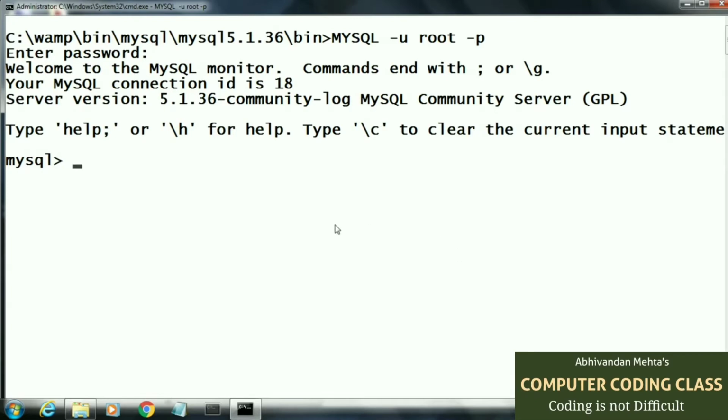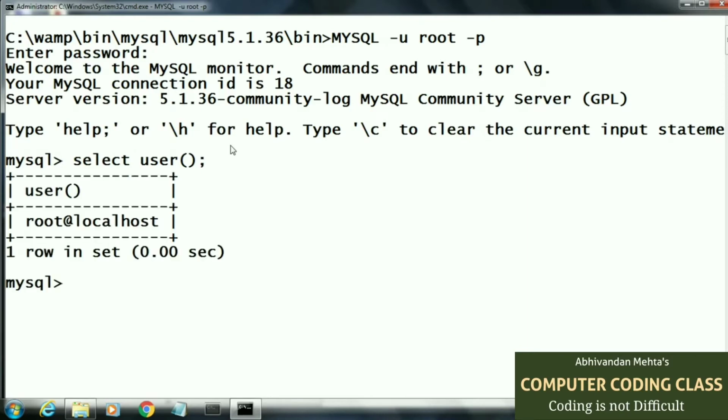Now we will use the select user command to check which user is currently logged on. Select user(); with parentheses and a semicolon. Here you can see our current user is root. Here I am using an Apache web server as a localhost, that is part of the VM server.